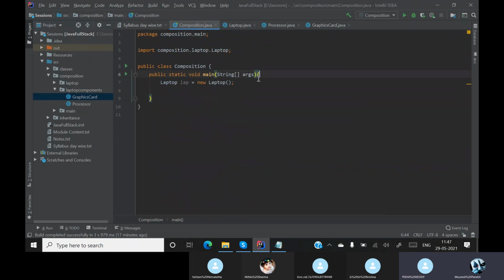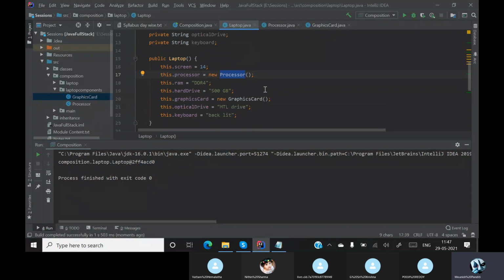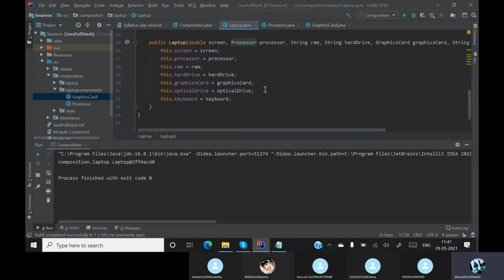Now, if I print System.out.println of lap, what will I get? Any idea? I'm printing the object of the lap. If you see here, I am getting a random address. The reason I'm getting a random address is that in this Laptop class I have not created a toString method.